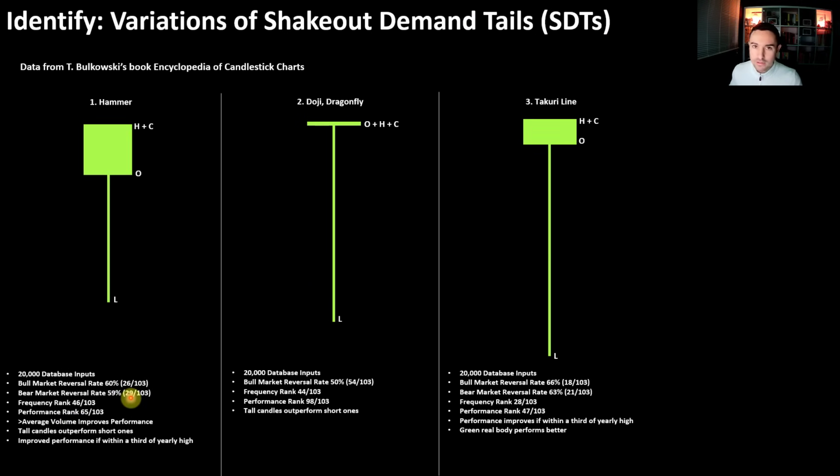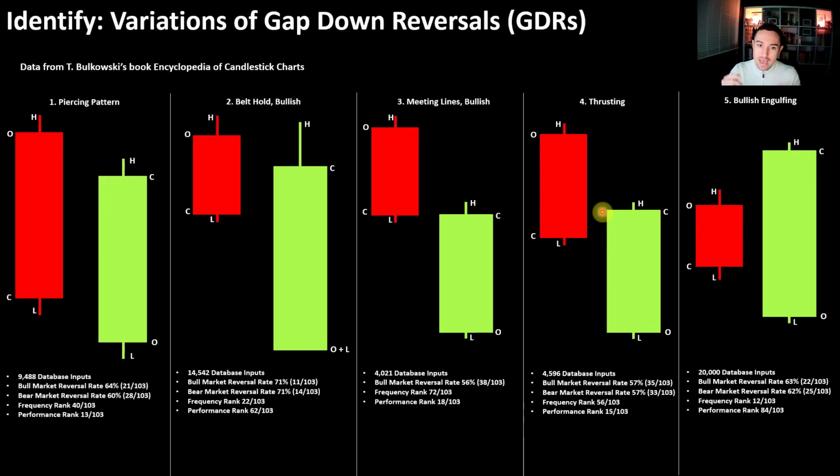You can pause the video, you can see the reversal rates, okay, 60%, 50%, 66%. So these are the type of candlesticks I'm looking for, shakeout demand tails, but it's right stock, right location as well, from the base structure, so what's happening in terms of the price, but also bringing some key moving averages. So this is what we're going to be looking at for shakeout demand tails,